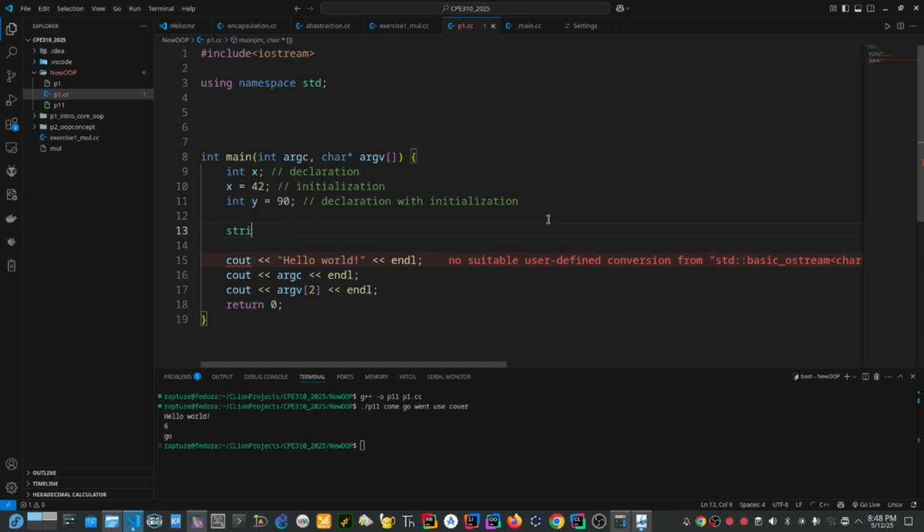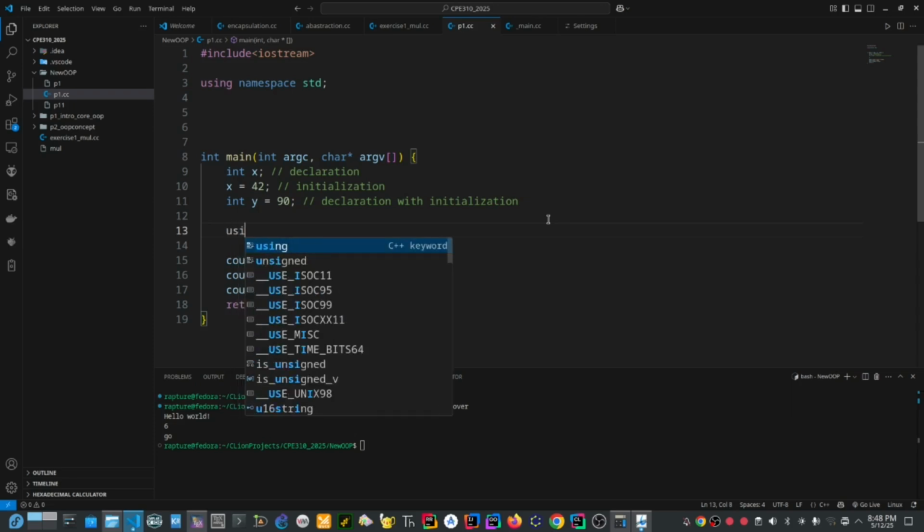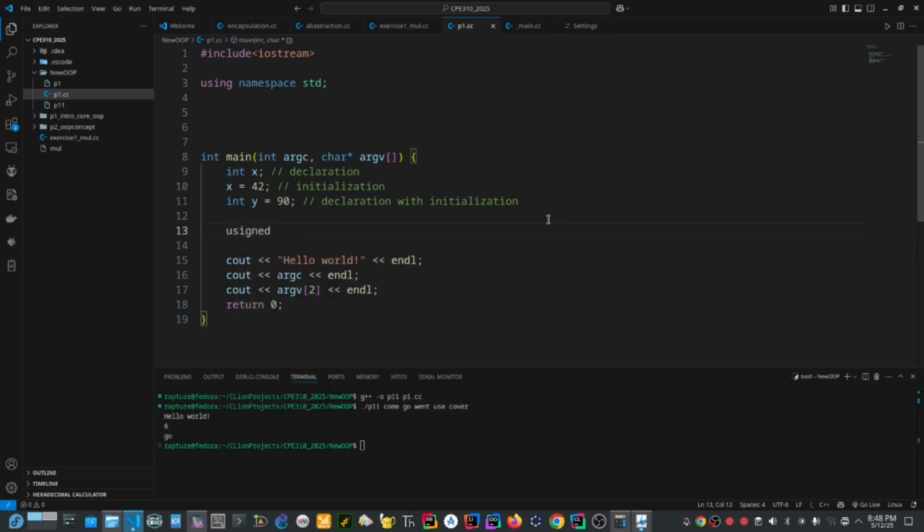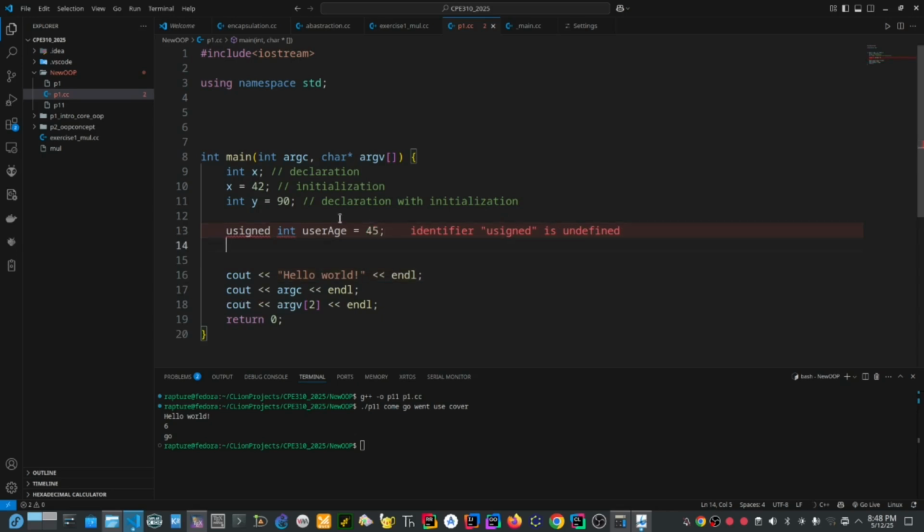Its age, user age, should be an integer, signed or maybe unsigned, and its value is positive. It can be in this form. This is camel casing. Unsigned.